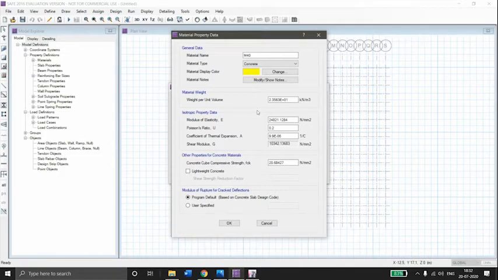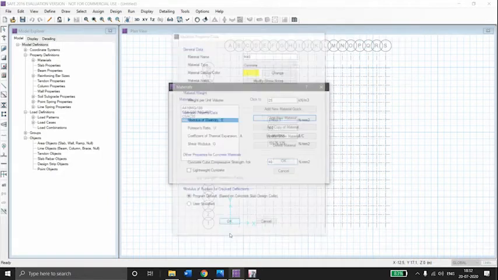So data for the M40 concrete is here. 25. Then select OK.